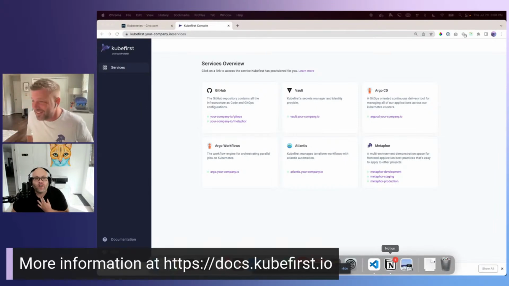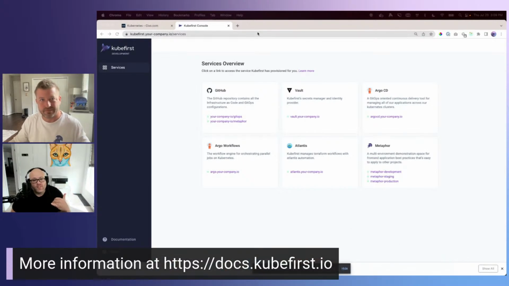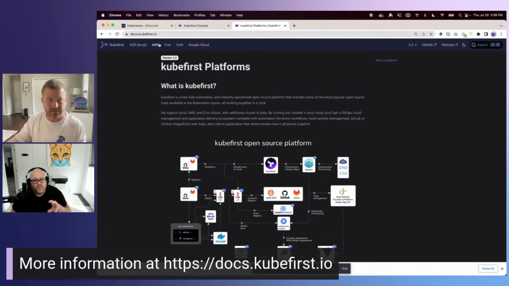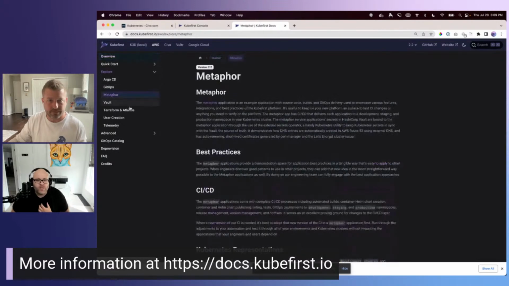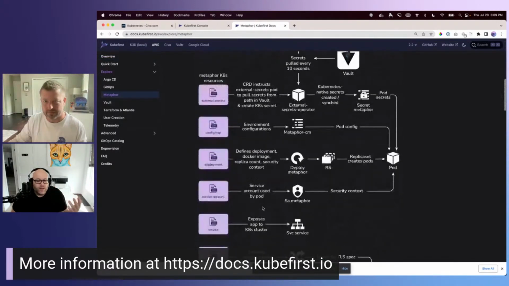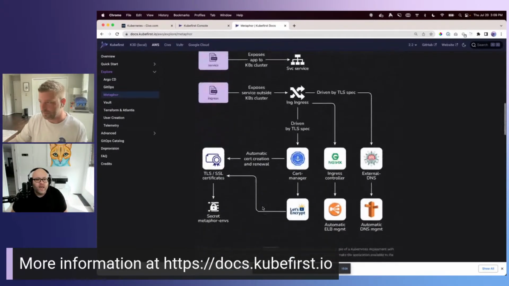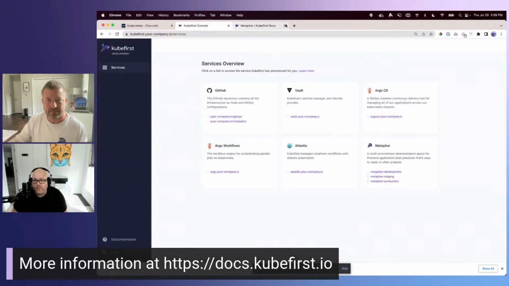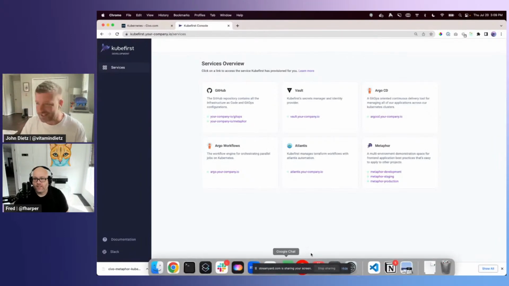Yeah, sorry. Just before you start, we've shown you a diagram on the slides. We didn't have time to make a horizontal version for the live stream, so you may not have seen all the details. Go on the documentation. Go in any stack of the documentation: AWS, Civo, Vultr, Google Cloud. Go on the left menu, click Explore and Metaphor, and you're going to have the same diagram that we've shown you. If you really want to understand and have a bigger, better version of that diagram, you want to see all the details. And on top of that, if you prefer to read about Metaphor, you have all great information also in the documentation. Great call out, Fred. Thank you so much.